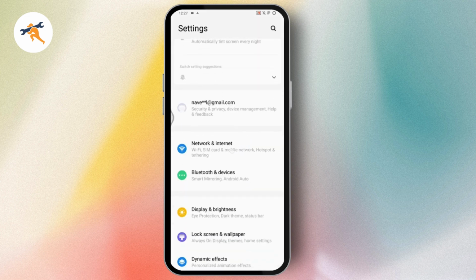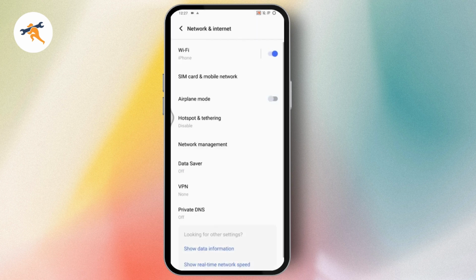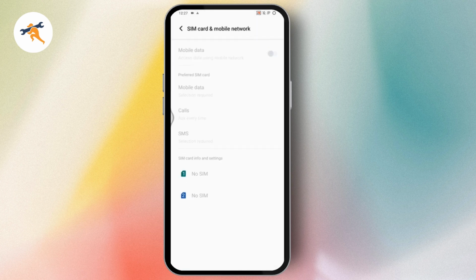Now under settings, you need to go with network and internet. Under network and internet, go with SIM card and mobile network, and here you need to just tap on the SIM, and after tapping on the SIM you will have an option of preferred network type. So you need to go with the preferred network type, and you can select 3G or 2G,